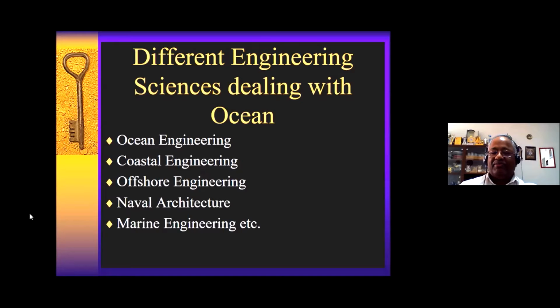Next, I wanted to tell about marine engineering. This is another course. In the last 10 years, very widely, many people are learning. Marine engineering is nothing but someone who specializes in the engineering of ship propulsion. When a ship is standing, if you want to move, you have to run the engine, like an engine of an aeroplane, engine of a car, whatever it is. So somebody who is a specialist in the engine and propulsion of a ship is called a marine engineer.